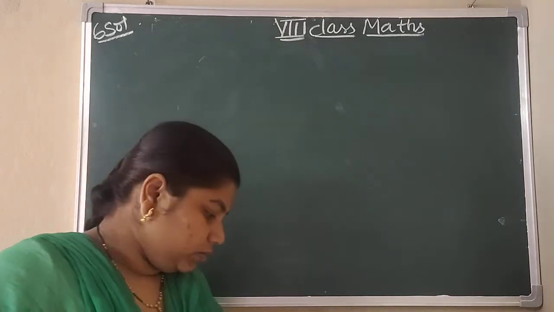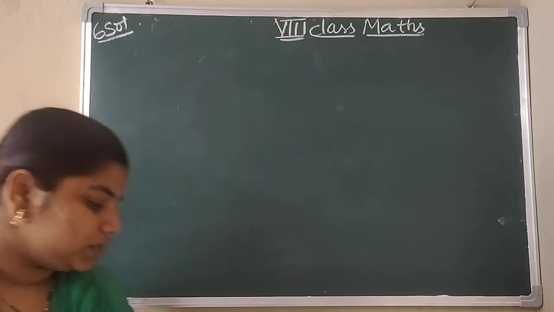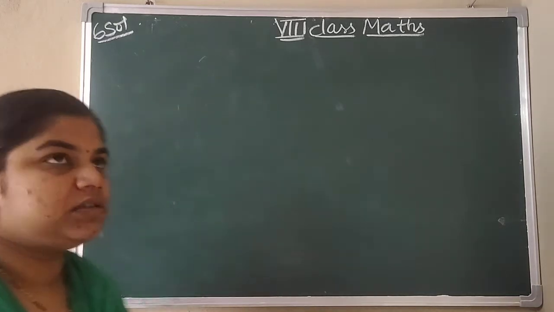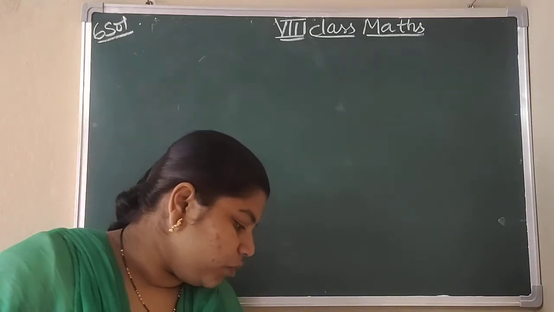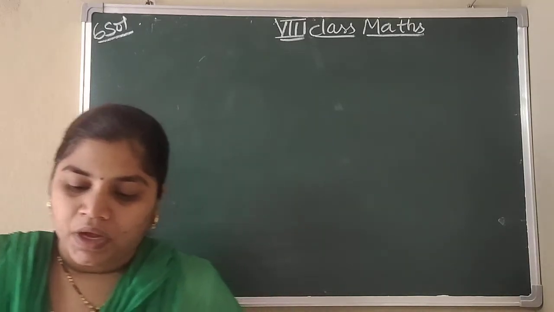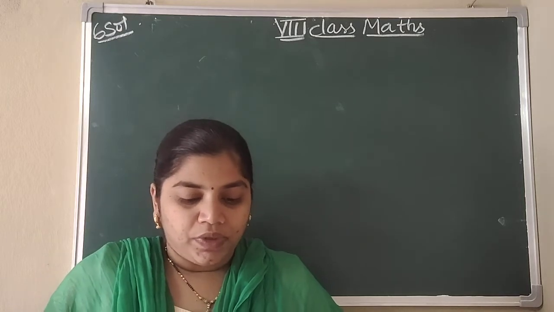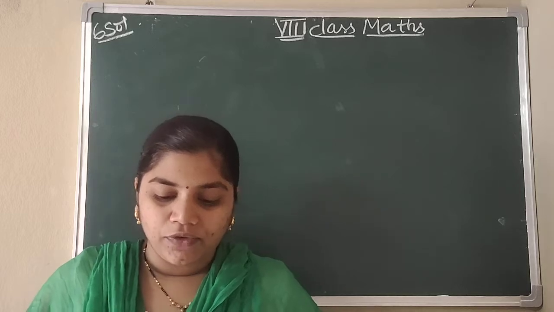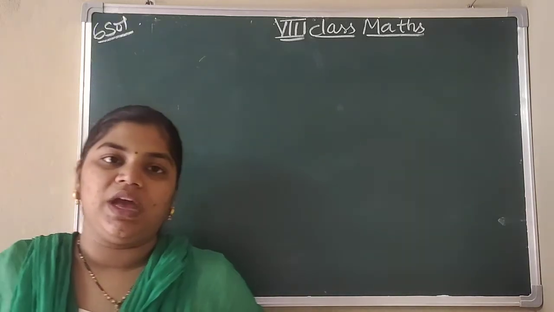So good morning everyone. In last class we have completed up to fifth problem in exercise 2.2. So we are doing the sixth question now. The sixth question is: a man walks 10 kilometers, then travels a certain distance by train and then by bus as far as twice the train. If the whole journey is 70 kilometers, find how far he traveled by train.